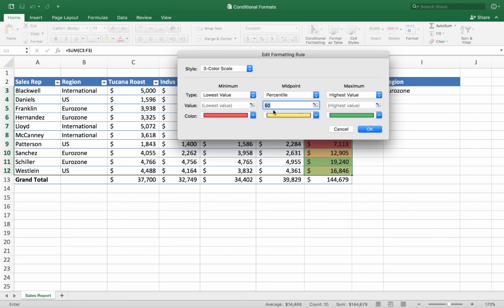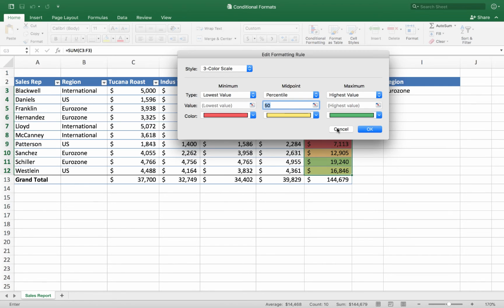Everything in the middle range, from 50% up, is the midpoint, and so they've got these colors specified here. So here you can choose what the values are. You can also change these or make reference to specific cells if you want to. But honestly, the color scales kind of look pretty, but I think they're the least intuitive of these.